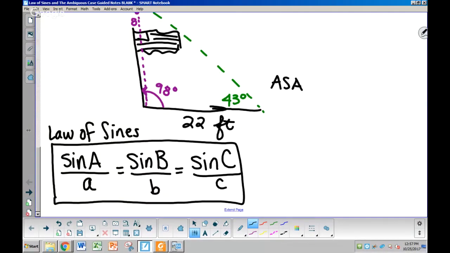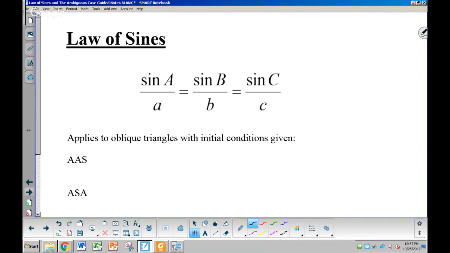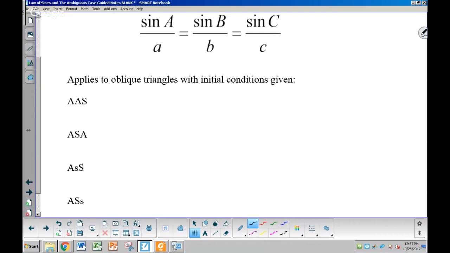And you don't have to be a right triangle to use this. Now we're limited with right triangles because we can use Pythagoras, a squared plus b squared equals c squared. And we can use SOHCAHTOA, but can we use SOHCAHTOA and Pythagoras on triangles that are not right? The answer is no. So obliques need some special attention, and the law of sines does that. So we're going to talk about the law of sines applies to oblique triangles with these